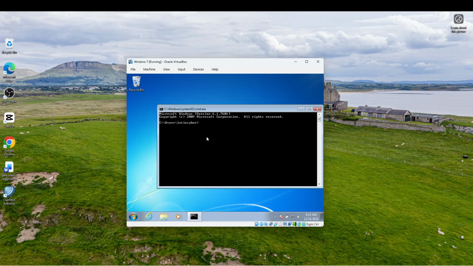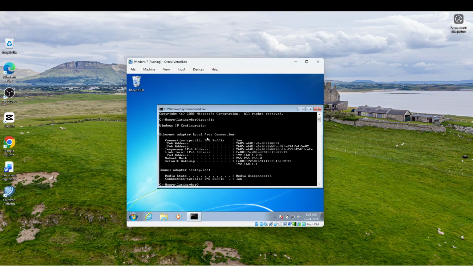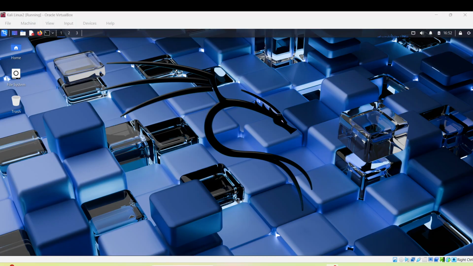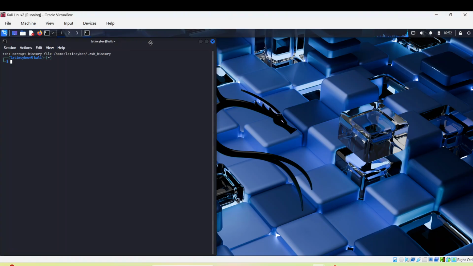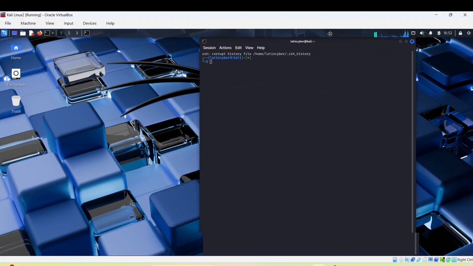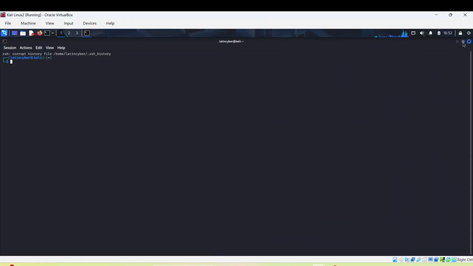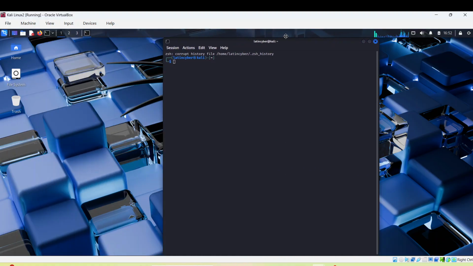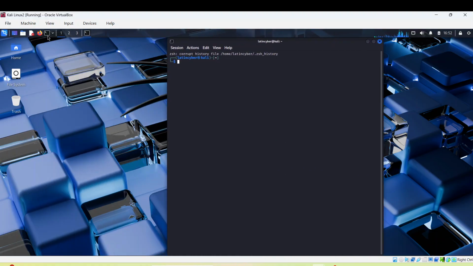Okay, we have the IP address. So let's go back to Kali. We open the terminal. I may open two terminals to explain why I use